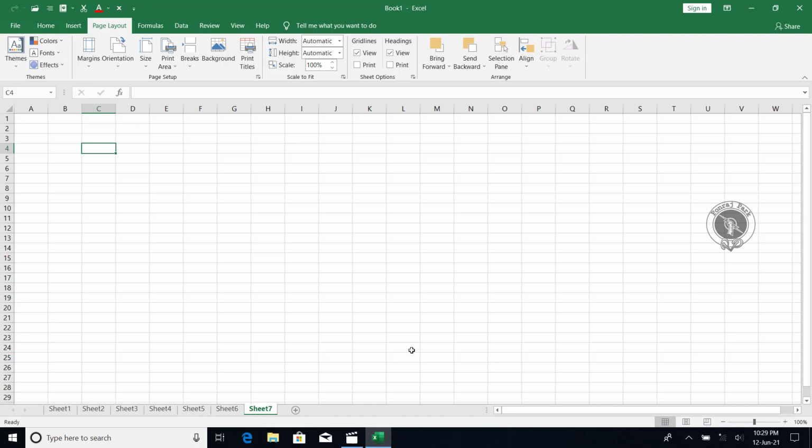And the next thing we will see here is the status bar. As you can see in the status bar, it shows Ready. The status is in ready mode. If I write something here, you can see it shows Enter mode, so the status changed to Enter mode.